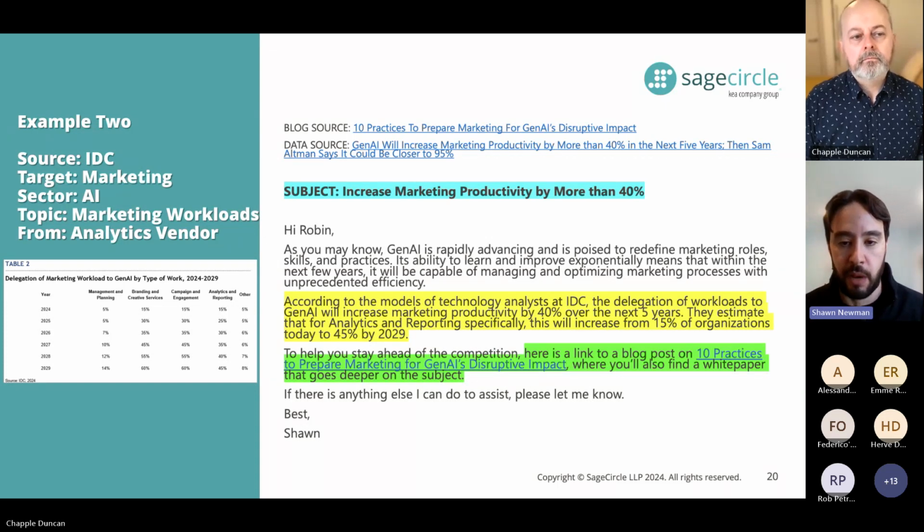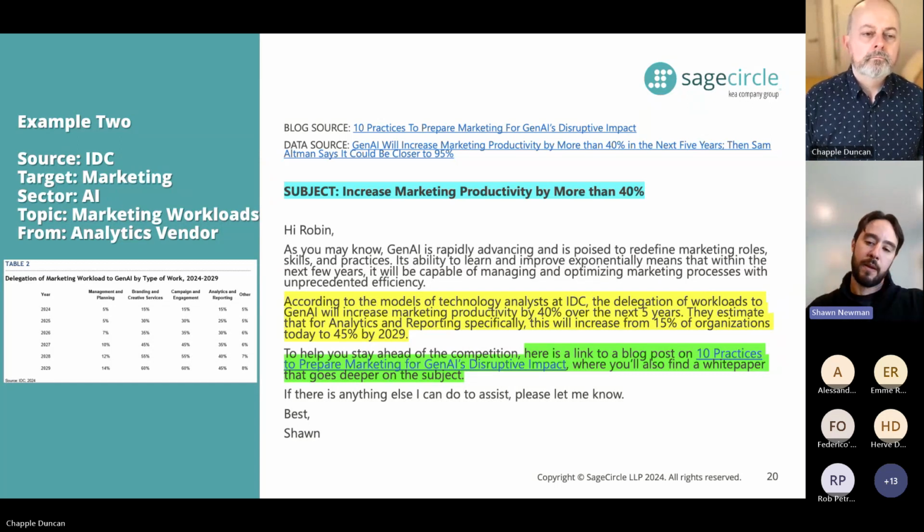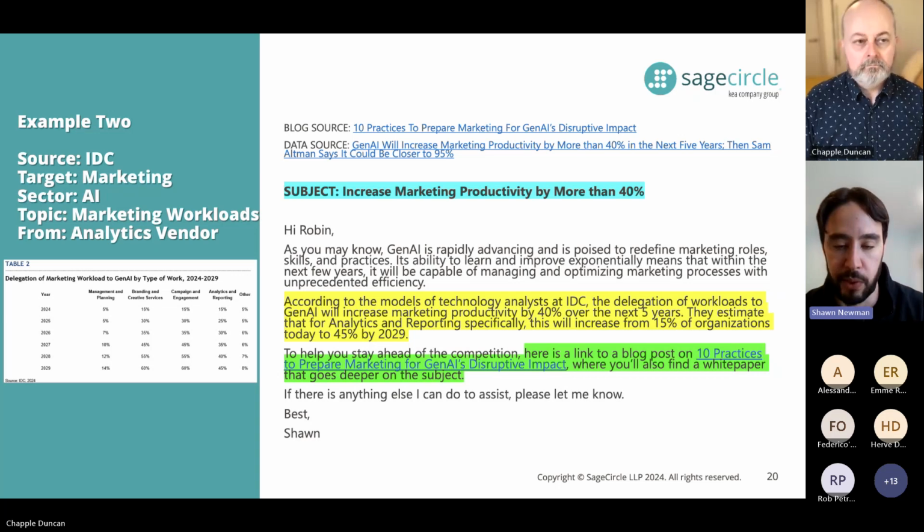So if you want to get ahead of the competition, here's a blog post with 10 practices to prepare marketing for Gen AI's disruptive impact. And then you'll find a white paper that goes deeper on the subject. So again, it's blog post, free content, white paper, deep content, hitting people at the different stages of the buying journey. And then there's the last example,